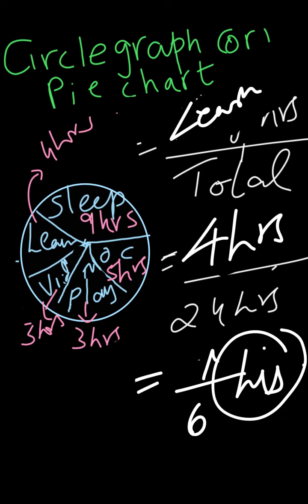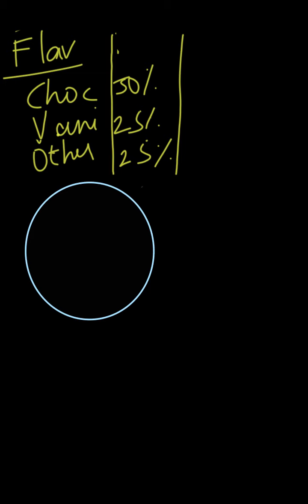Clear? So in this way you are supposed to calculate all this. Now sometimes they will give the data and we are supposed to draw the pie chart. How do we do that? We are learning how to make a pie chart, the first main thing, right? So how do you make it?